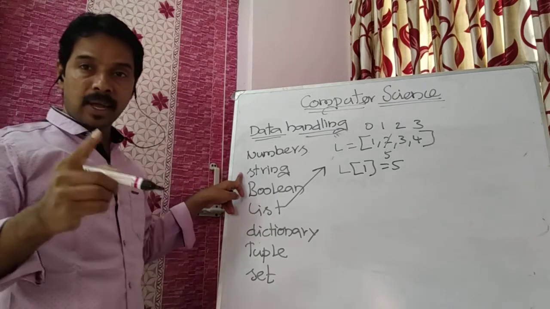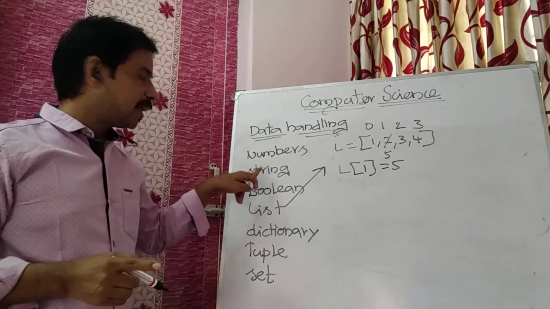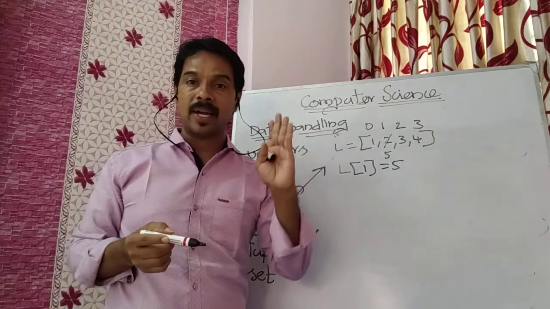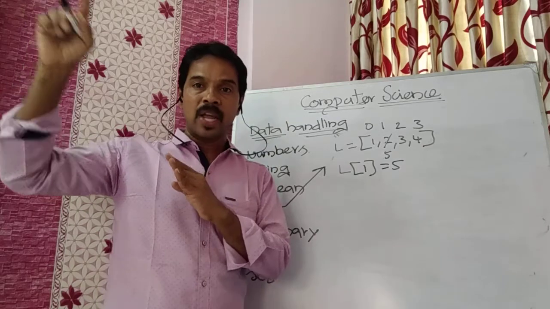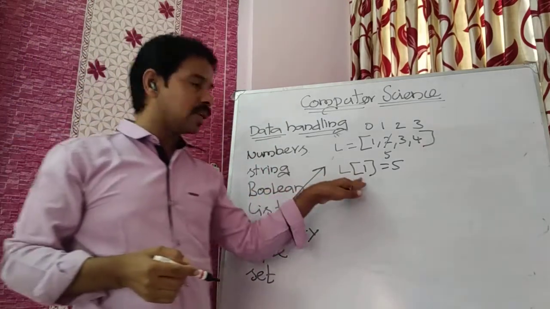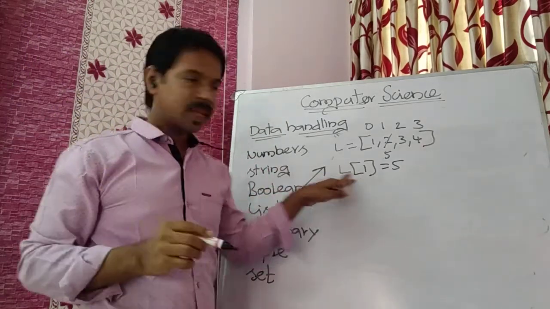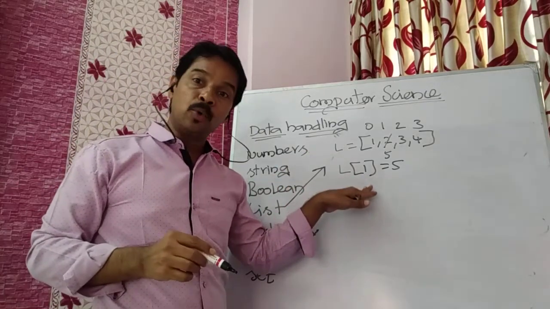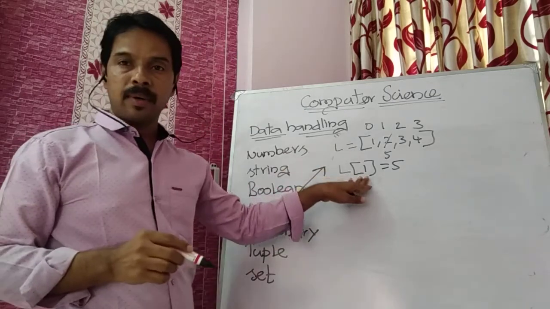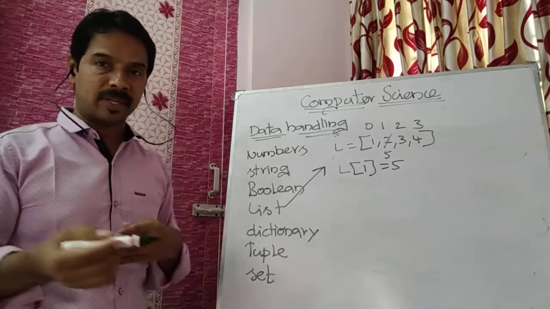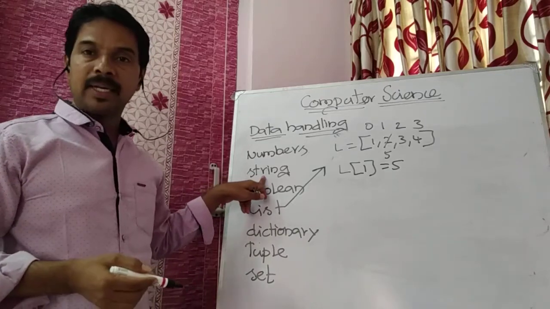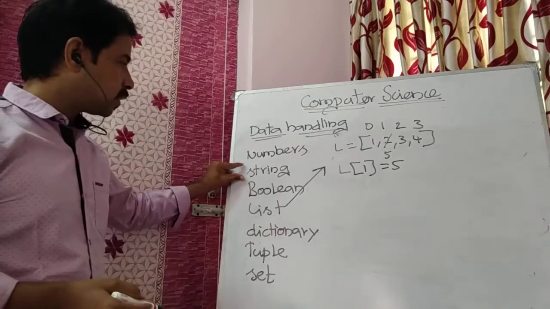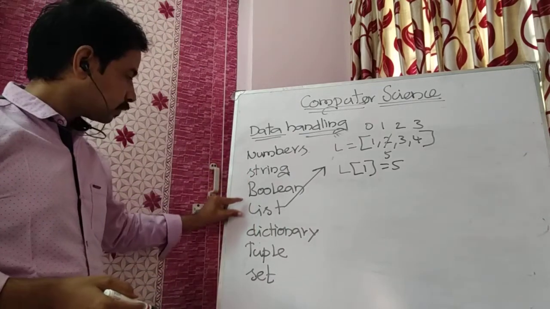But string, sorry I forgot to tell you about this. String is immutable, meaning you cannot do any modification after you got the data. For example, that Google I wrote, right? That Google, if you want to change like this, no, you cannot change. But in list, you can change. Mutable means you can do modification. But a string is immutable. You cannot do modification. See, here string is immutable.